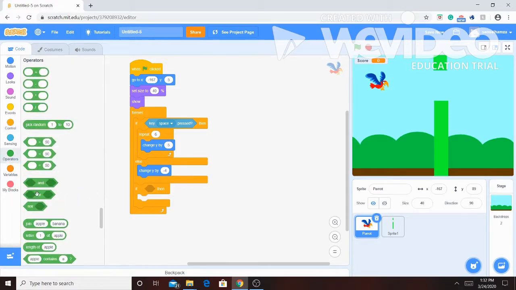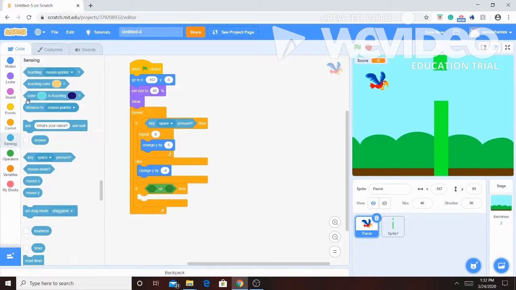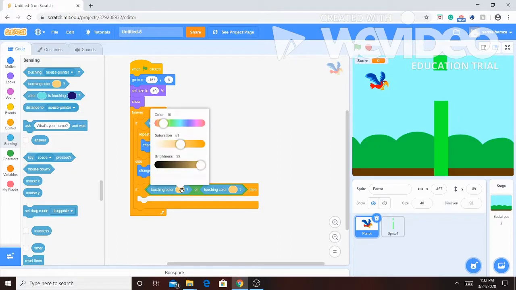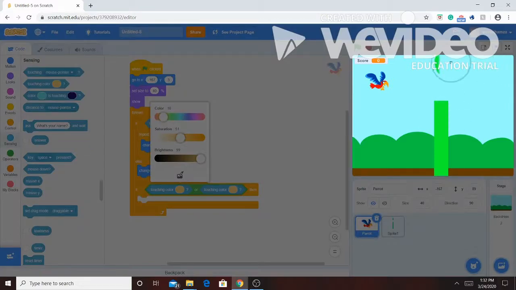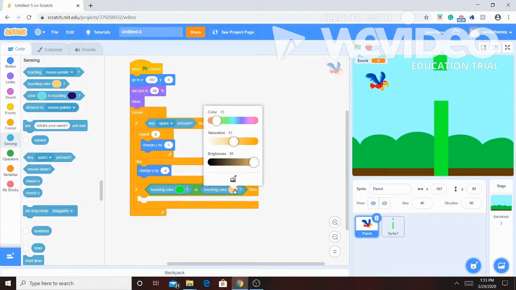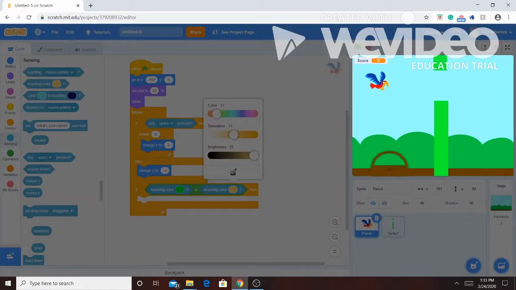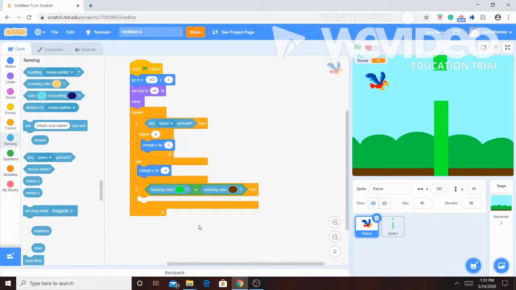We need the OR operator. So there you go. And we also need two touching color senses. All right, so what this if statement means is, actually, let me explain it first. The way that the player will lose this game is if they hit the obstacle or if they hit the ground. So if they're touching this shade of green, or if they're touching the brown, which means that they hit the ground, then say